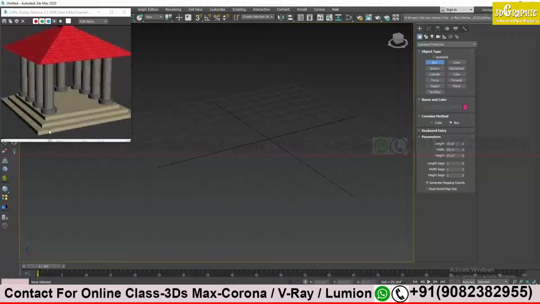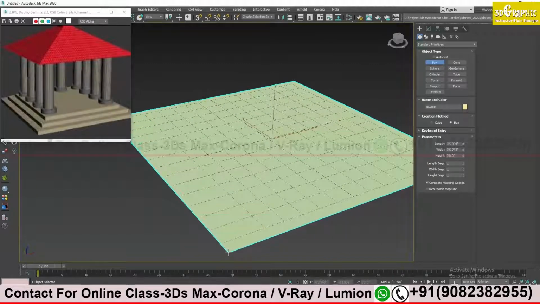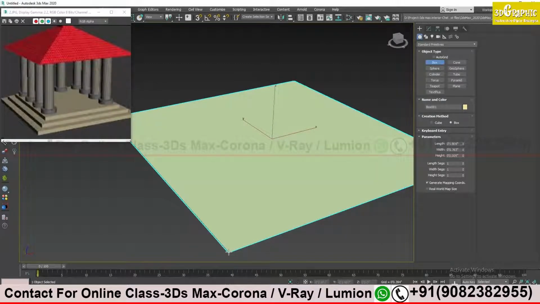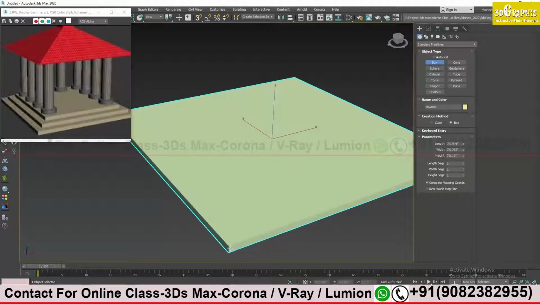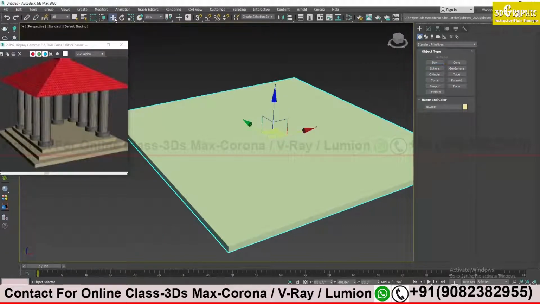Okay, now I have to create the base model of this. Simply left click and drag it out, and then release the mouse, left click and move the mouse to give the height of my model, and then left click. Okay, now still I am in drawing mode. As you can see, the box is still active. To come out of drawing mode I have to press W, or you can go over here and click on this selection tool. See, now the box is closed.